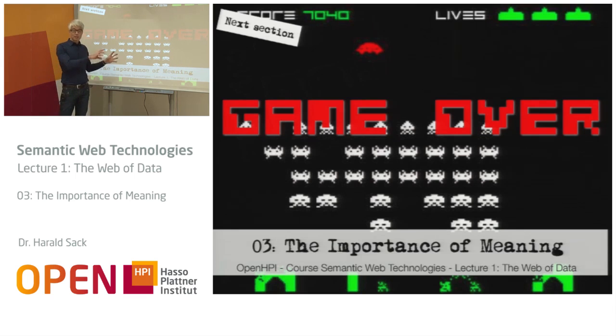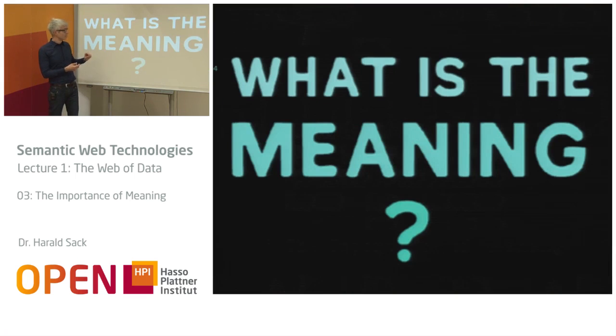So we left the last part of the lecture with a question: how big is the web? How much information is in the web? And the problem was to cope with this information because we cannot make sense of it. So there is no way to express the meaning of information because HTML, as the main language that represents content in the web, is not able to formally express meaning, to formally express semantics. So the question was, what is the meaning?